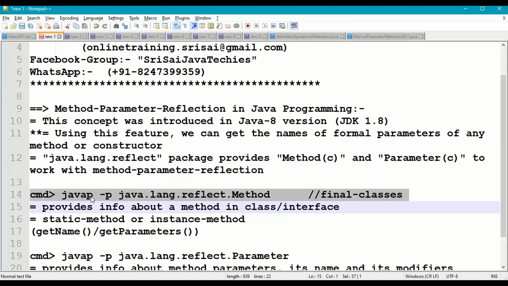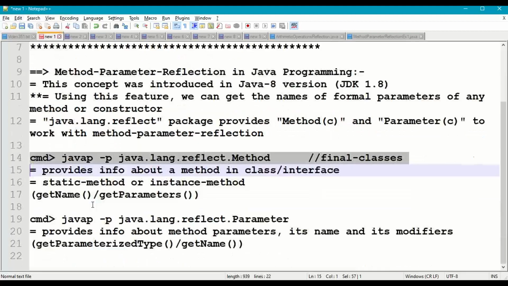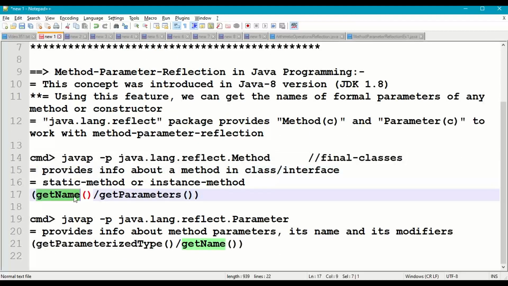In the description of the Method class, java.lang.reflect.Method, it is a final class. From this, we are going to use two methods, getName and getParameters.